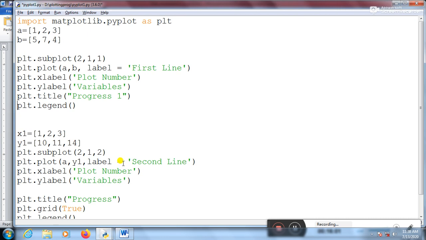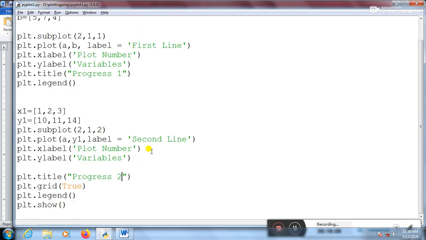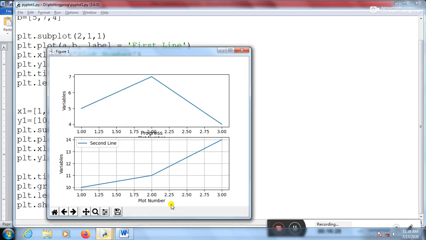That means in the case of a subplot, generally it is for a graph, but for each and every one you have to define a title, grid, legends and all. Okay, so this is what we can do. We can create a graph with 2 rows, 1 column. You can see the graph is displayed in 2 different rows and in one single column.